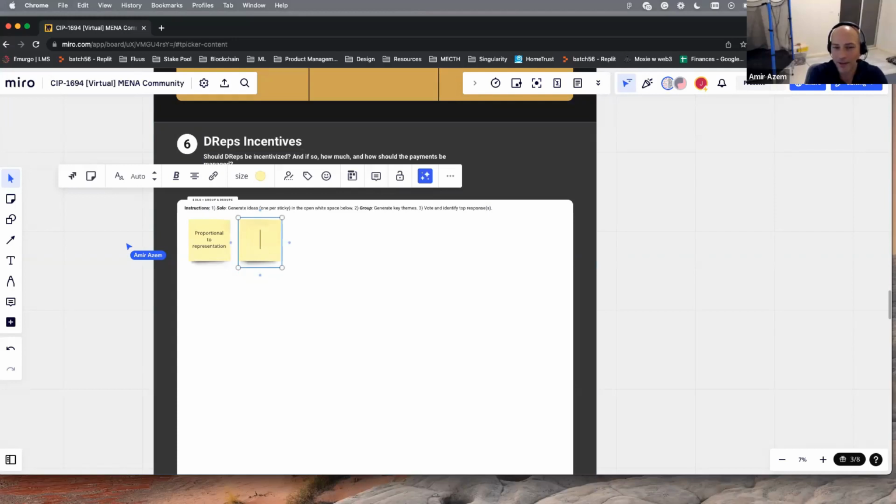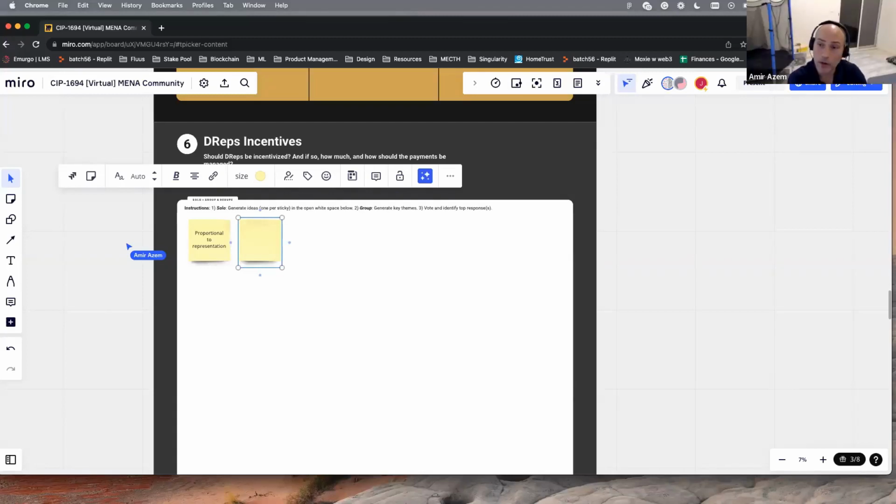So it's like coming back to the same model as stake pool and a min fee. I wish there was a minimum for stake pool rewards, so that regardless if you're minting blocks or not, you get something. We don't. Yeah. So I guess proportional to representation makes the most sense, even though it eventually becomes hard to compete. It's like the stake pool problem. Once you get too big, you can run several DREPs. But there could be an upper limit.